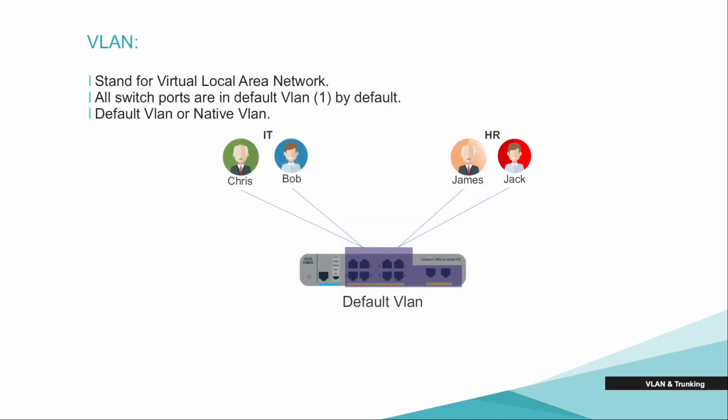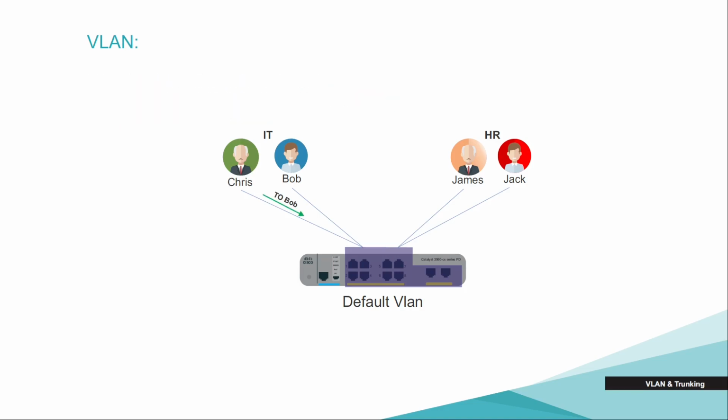VLAN stands for Virtual Local Area Network, and the factory setting for Cisco switches is that all the ports are in the default VLAN. The default VLAN is VLAN 1. Some people also call it native VLAN. In our example here we have Chris and Bob, who are from the IT department, and Jack and James from the HR department. So after we purchase our switch and connect the users to that switch,